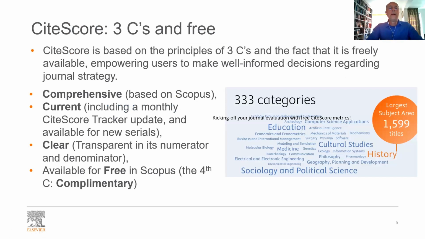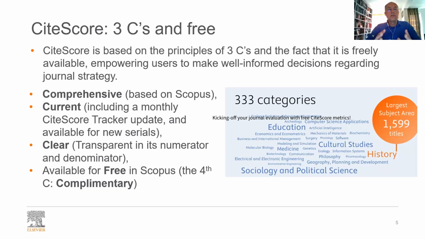There we go. So CiteScore, in a nutshell, is based on these 3 C's and being free. And you could actually say it's the 4 C's. Comprehensive, because it's based on Scopus, which is, I think, one of the most comprehensive databases available. It's current. It's not only including a monthly CiteScore tracker update, but it's also available for more new serials.